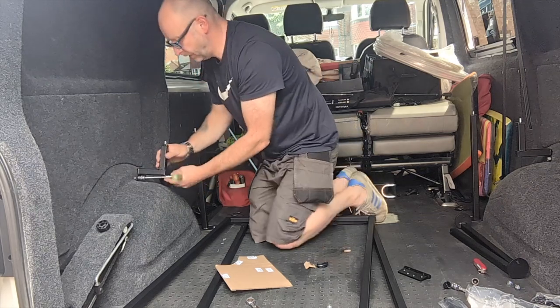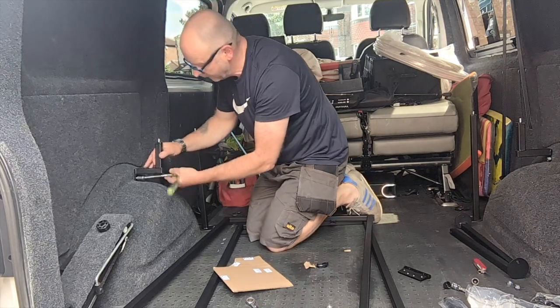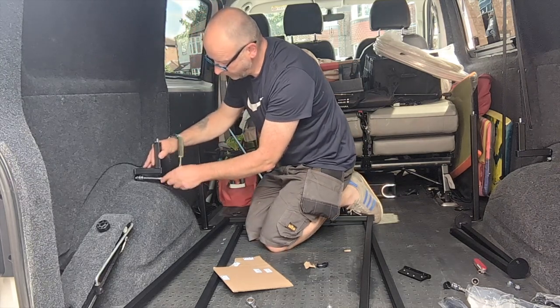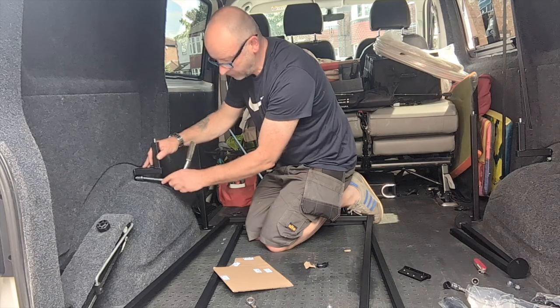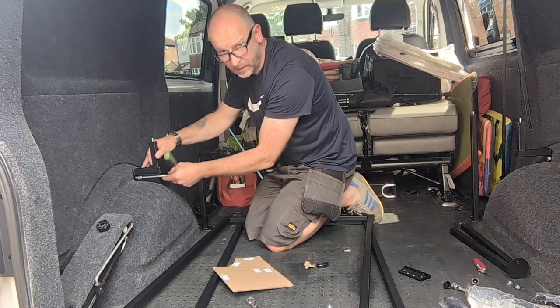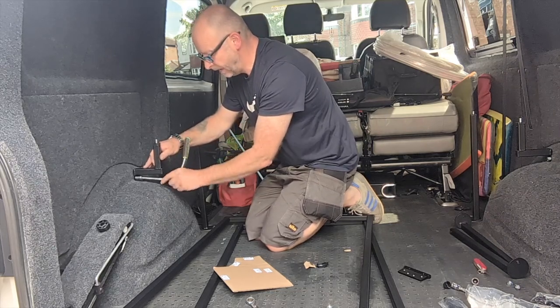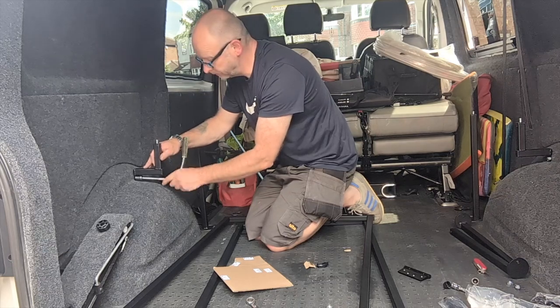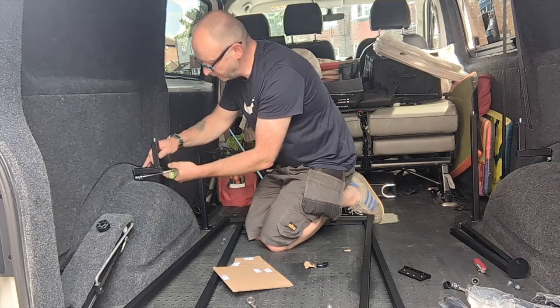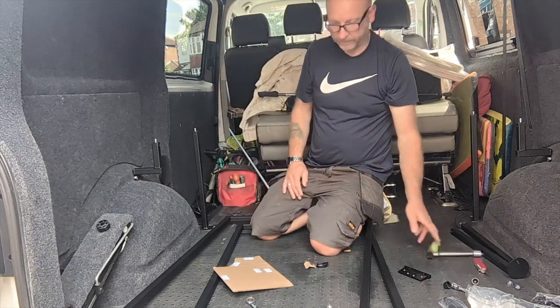According to the instructions, a small number of vans don't have metal plates in this position, factory fitted, so you can ring up Combination. They will supply you with a flat plate. Presumably it's very similar to the seatbelt mounting plate, and you just slide it behind there, put a rivet in position or glue it in position or whatever you do with it. Right, now